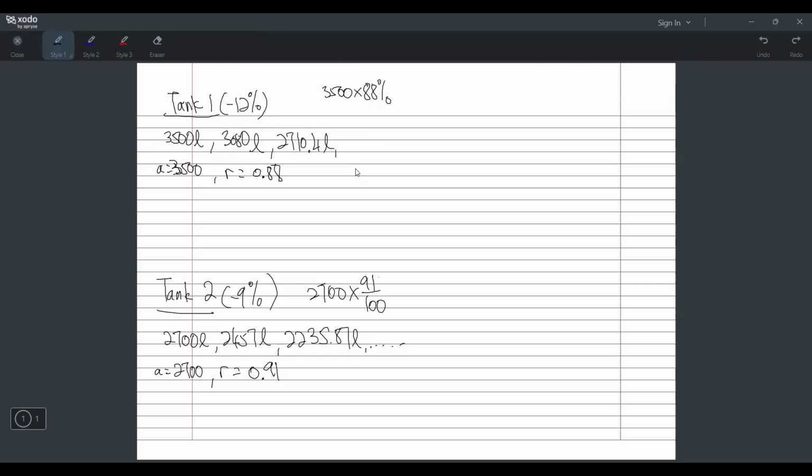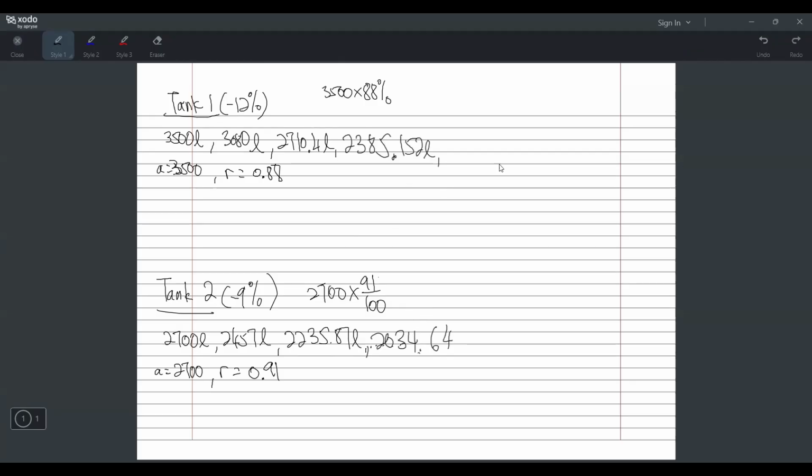So what is 2710.4 times 88%? You get 2385.152 liters. And then let's take this one, 2235.87 times 0.91. So you get 2034.64, right? So you can see that at the fourth term, tank 1 is still more than